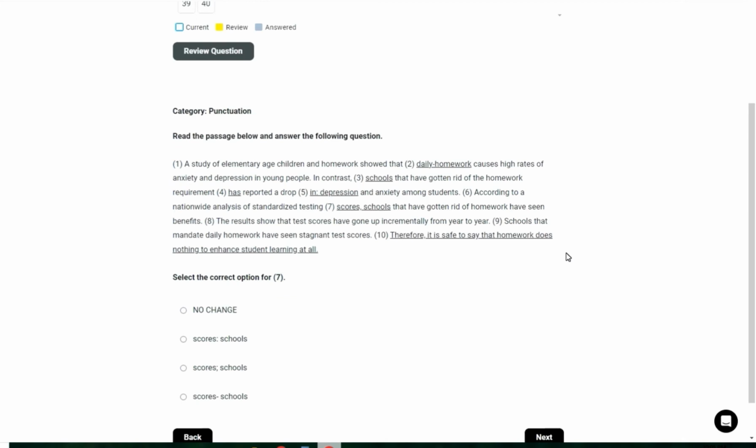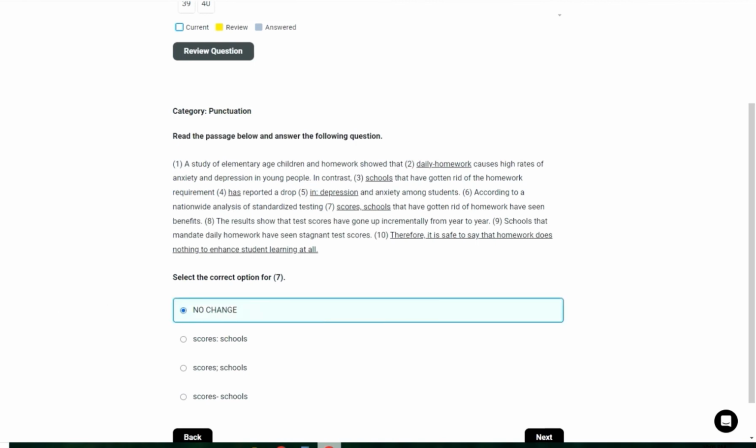According to a nationwide analysis of standardized testing scores, schools that have gotten rid of homework have seen benefits. All right, we're looking at this sentence right here. Apologies for my reading mistake, but read it through on your own if you can. See if this is correct, and if not, what's the change? Go for it. All right. Just a reminder, when we look at it, my initial answer is going to be no change because